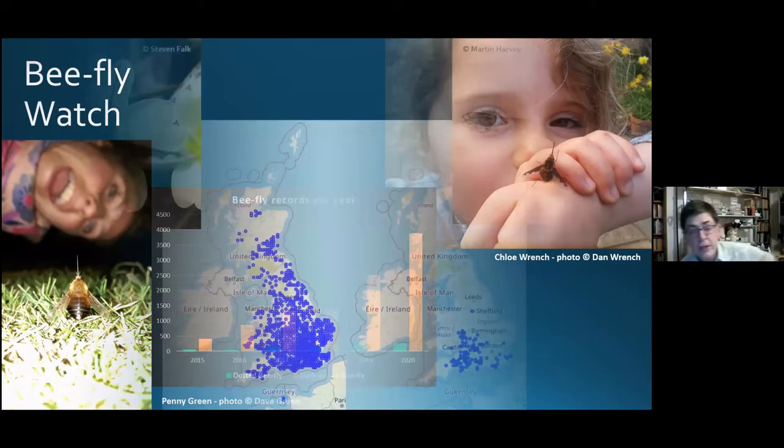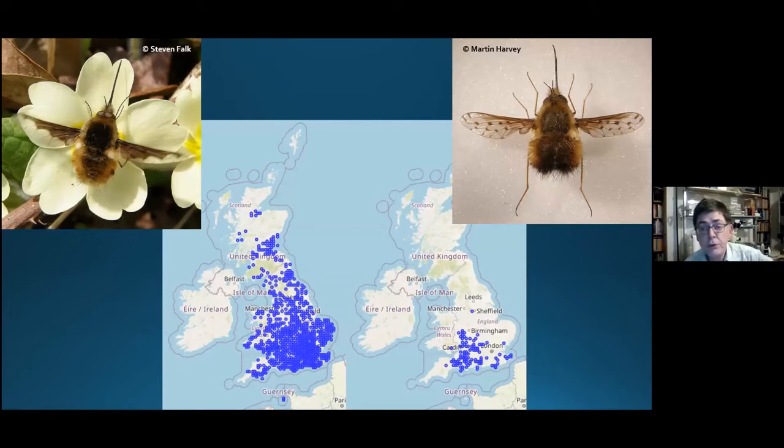So this is the distribution. This is just the records for 2020 that we're looking at here as they came into iRecord, and the dark edge bee fly, as I say, is pretty much all over the country, more restricted in Scotland and really only in the lowland areas. But you can, to some extent, get a nice pattern of the emergences moving from south to north as